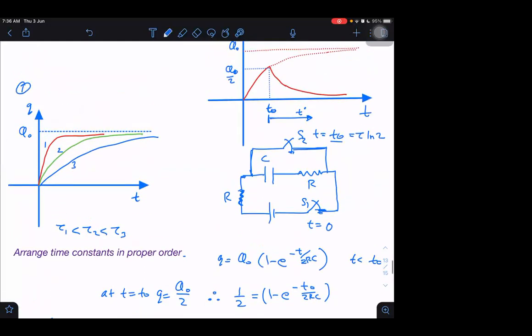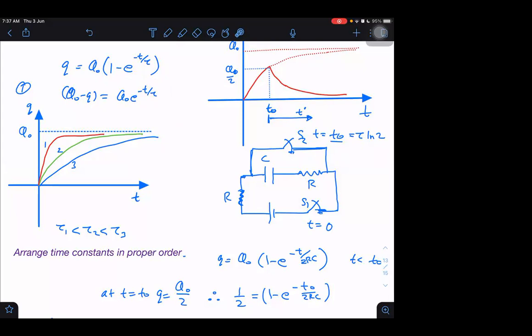You can understand this by putting in values. What is the equation? q is equal to q naught into 1 minus e raised to power minus t by tau. What's the gap between q naught and q? Q naught minus q is the gap which is remaining. The gap will be q naught into e raised to power minus t by tau. Now observe: if I give the time constant to be large, then t by tau will become small, and the gap will remain small.